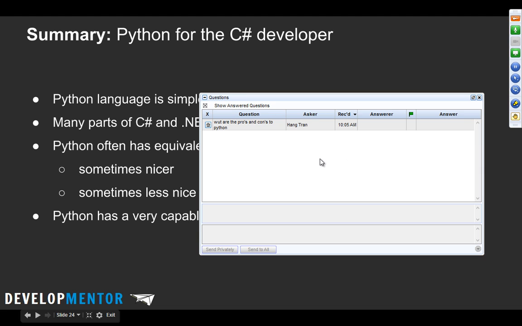What are the pros and cons to Python? So I suspect it depends on what you're trying to do, right? Some of the cons are the compiler doesn't help you as much. Like you could write bad code in one of the if cases, and if that if case never hits in your testing or running of your app, that will never be a problem, but maybe a user will discover it later. So things like unit testing become more important in Python.